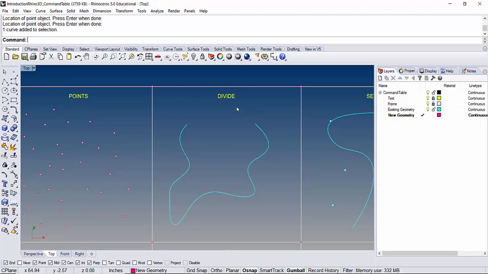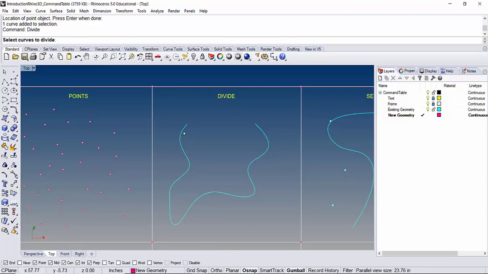So this is where you need to pay attention to the options that I'm describing along the way. And for the first time, we're going to actually divide and only leave a point where the intersections are. Then for the second time, we're going to use the same command, and we're going to divide and cut the lines into smaller segments. So the command is Divide, enter,